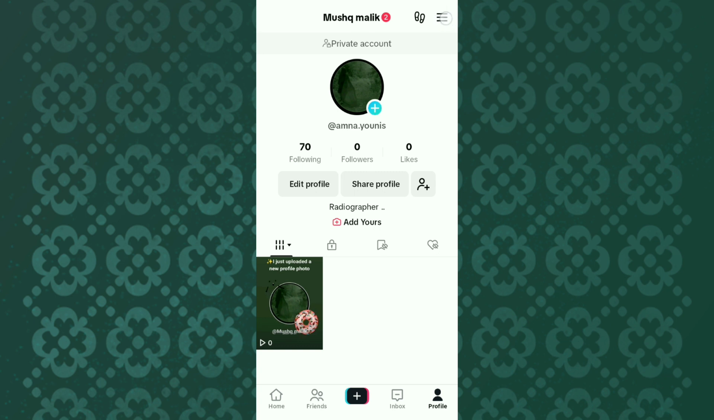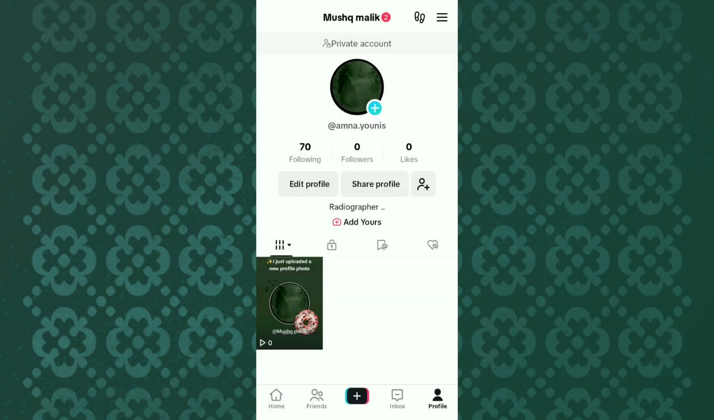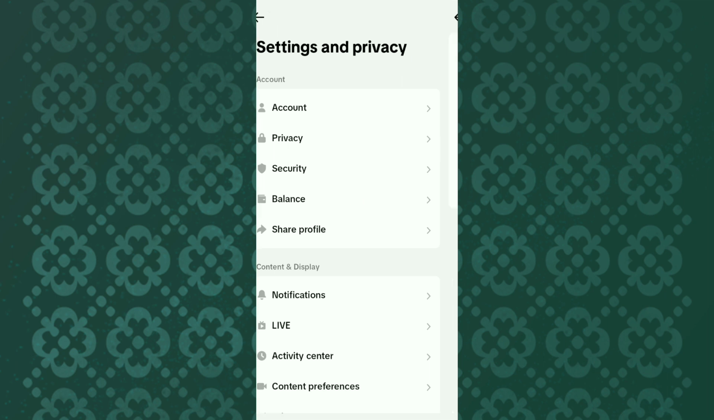At the top right corner there are three lines. Just click on it and click on settings and privacy. Now you can see there is an option of the account here. You have to click on the account here, and